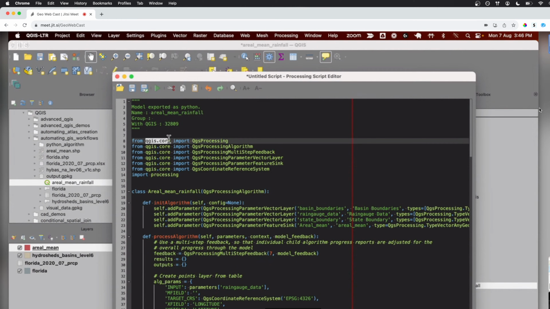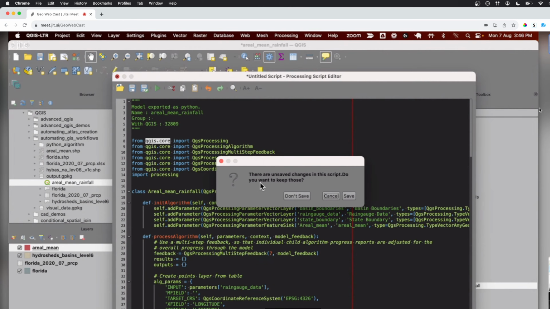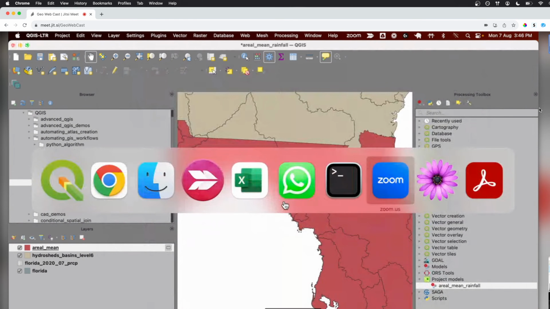One of the challenges is how to make Python find all those classes in a system. So you have QGIS installed, and you need to find the path to QGIS and say, this is where all my packages are. Also, if you have multiple versions of Python, you tell QGIS which version of Python to use. Correct. And so, it can be painful. So you need an additional script which sets all the environment variables and then launches this particular model. So let's take a look at what those look like.